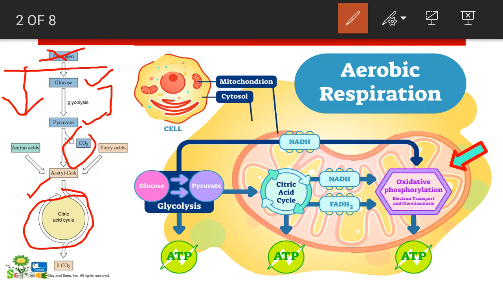So let's have a compartmented look. Here glycolysis occurs in the cytoplasm of the cell and the pyruvate which is formed enters into the matrix of mitochondria. In the matrix of mitochondria there is a connecting link between the glycolysis and the Krebs cycle, that is the synthesis of acetyl coenzyme A. The citric acid cycle occurs in the matrix of mitochondria and synthesis of NADH and FADH2 takes place in the matrix of mitochondria. And later the inner membrane of the mitochondria, cristae, consists of various enzyme complexes for the electron transport chain.